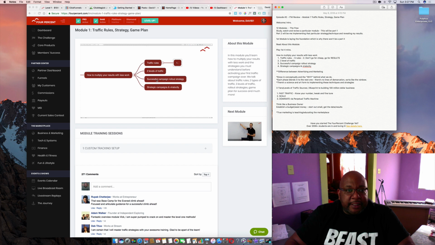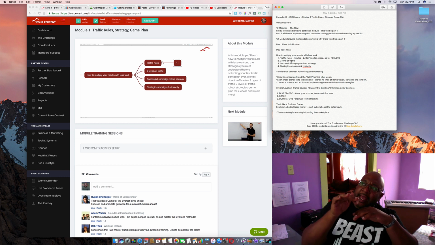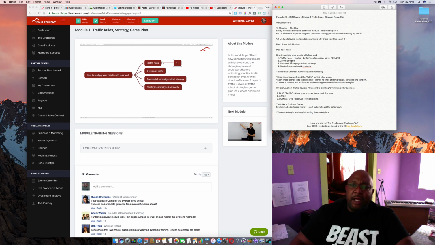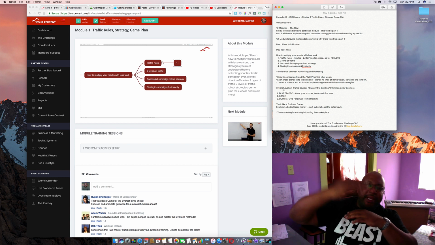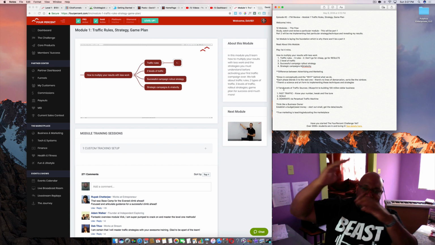Okay, and then the third section, how to multiply your results with less work, he deals with the successful campaign rollout. This is very, very powerful. But before we get to that, he actually spends a lot of time with the two levels. So he deals with the internal communication and external, but he breaks down that there are three levels of traffic sources,